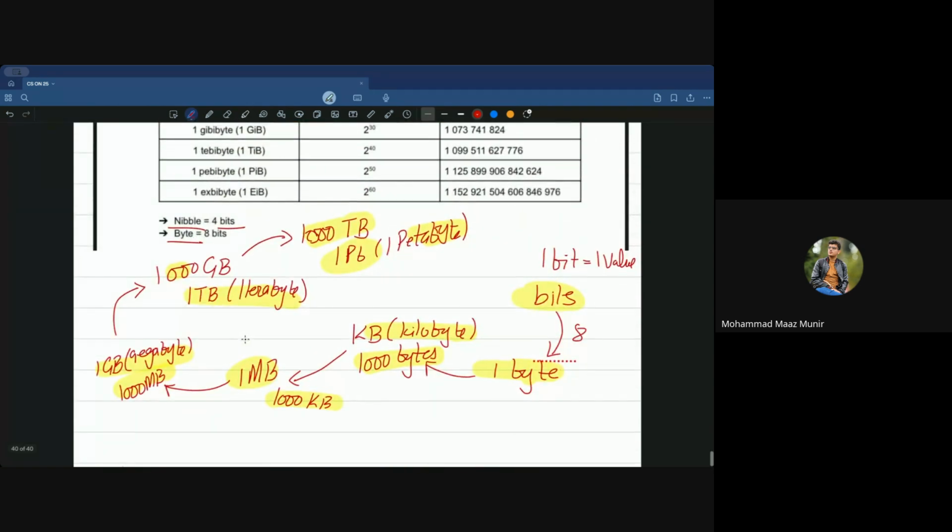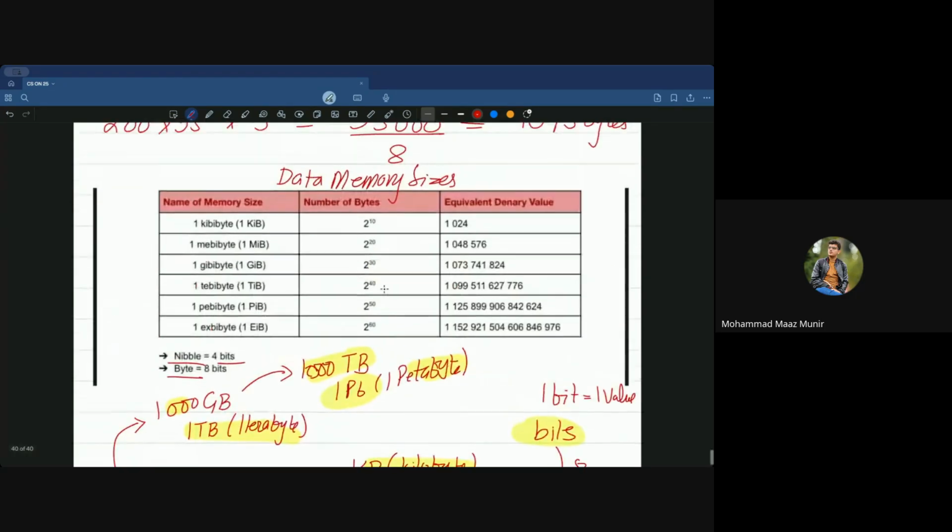So this is the conventional numbering system of data that we always use when we are trying to give something a size value. We go like 1 byte, 1 KB, 1 MB, 1 GB, 1 TB, 1 PB. But in reality, the computer doesn't understand 1 GB as this, because 1 gigabyte has how many MBs? It has 1000 MBs. But in reality, our computer doesn't operate like this, because 1 GB should have 2 raised to power 30. 2 raised to power 30 has an equivalent denary value of